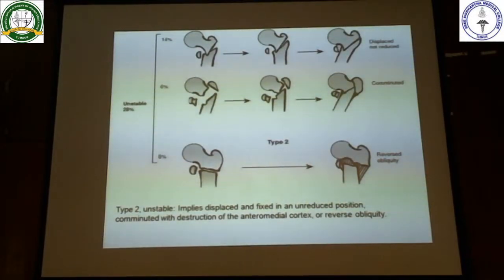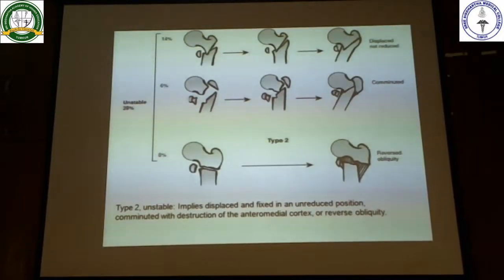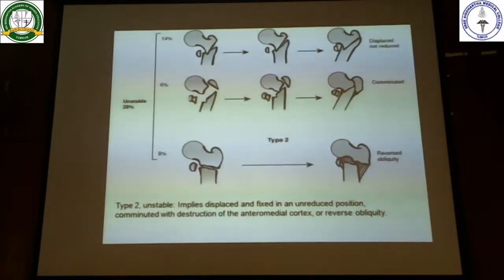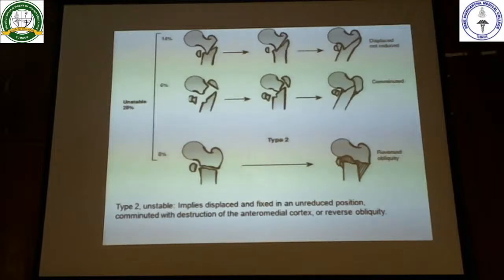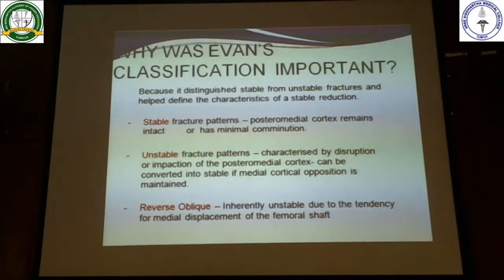Type 1 is stable and type 2 is unstable, which is further classified into further divisions. That is known as Evans classification, which is not that important compared to Boyd and Griffin. That is more important from a theoretical point of view. This is more from a surgical point of view, it is important. This is why it was important, because it was able to distinguish stable from unstable fractures and helpful in